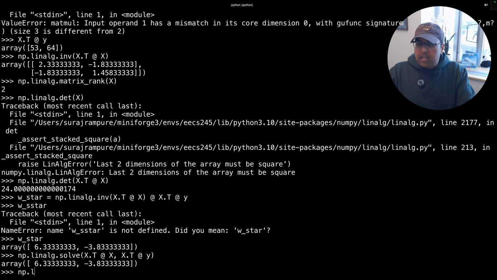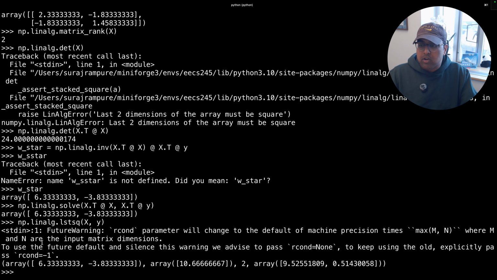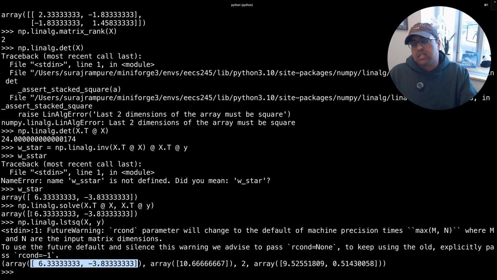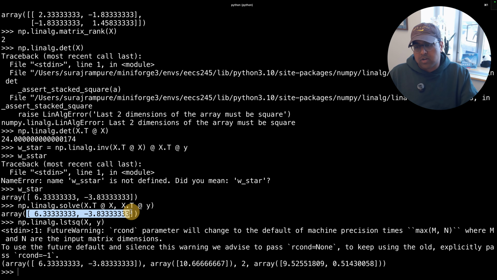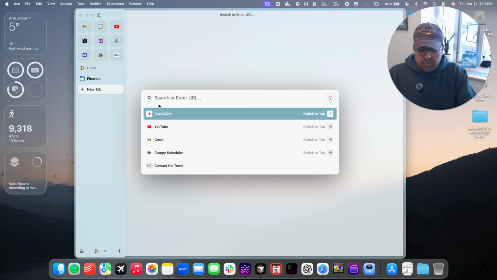There's also np.linalg.lstsq, which is another name for what we are doing. There, you don't even need to pre-calculate X transpose X and X transpose y. You can just give it X and y, and it knows what you're talking about is this act of projecting y onto the column space of X. And there, the first argument you get back is that optimal w vector with some other numbers as well, okay, which you can learn about if you open the documentation